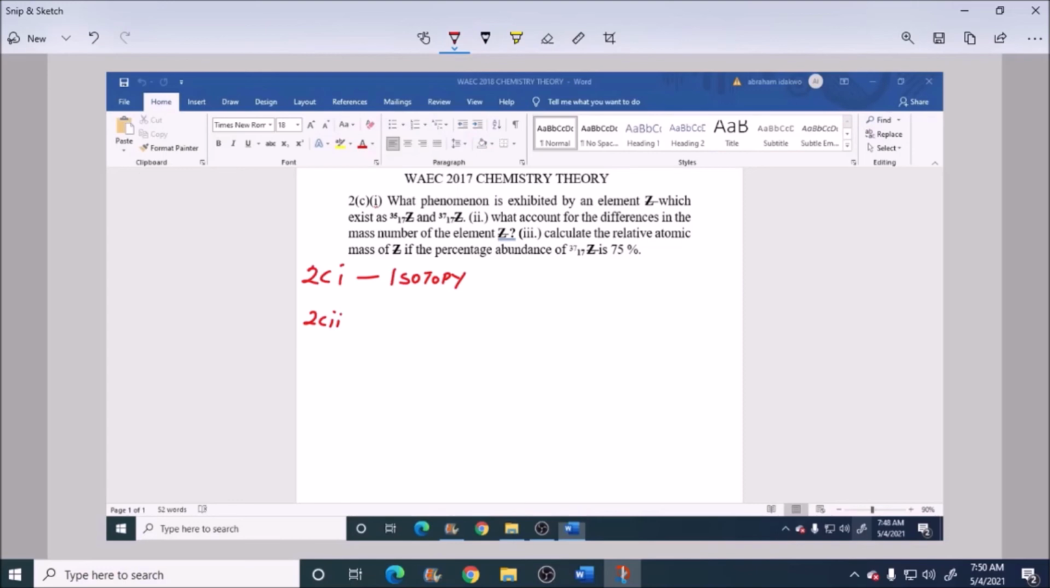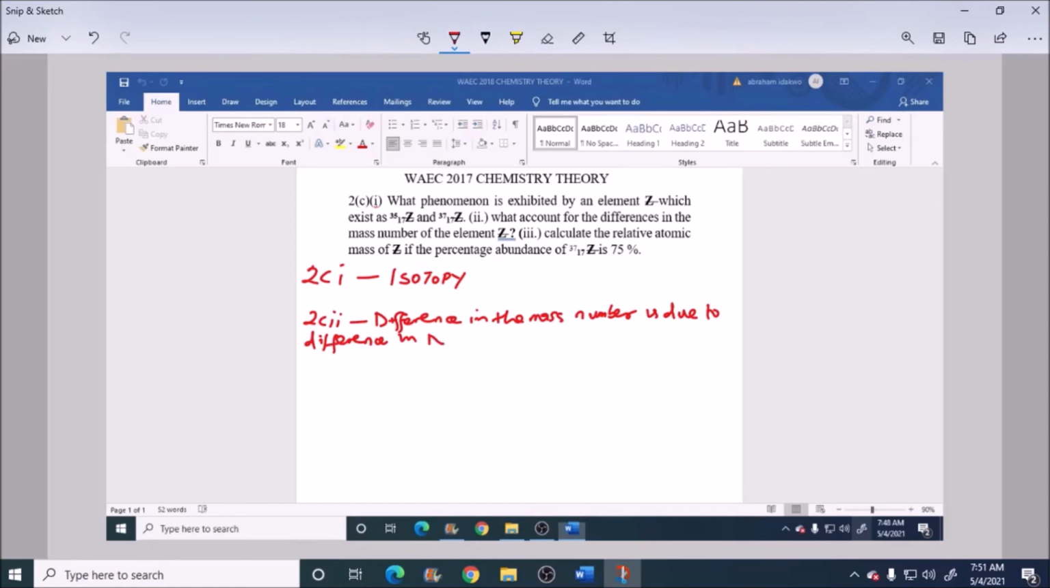We were asked what accounts for the difference in the mass number of the elements. The difference in the mass number is due to the difference in neutron